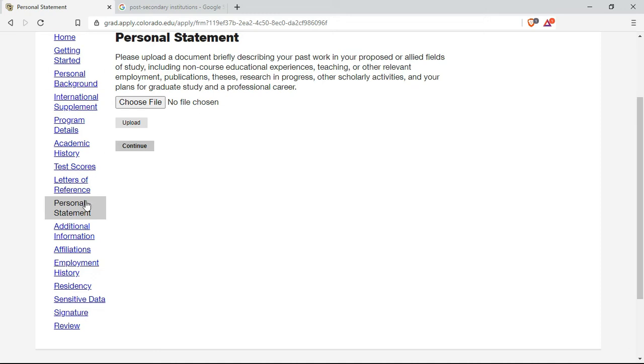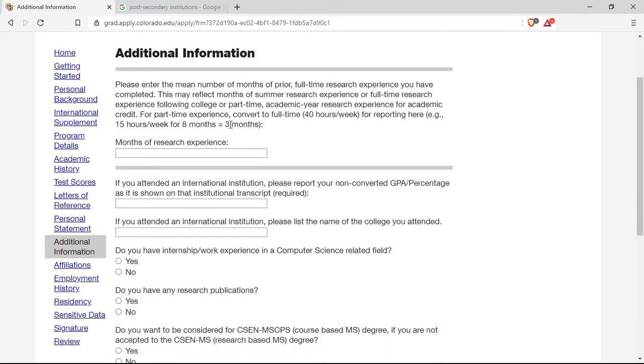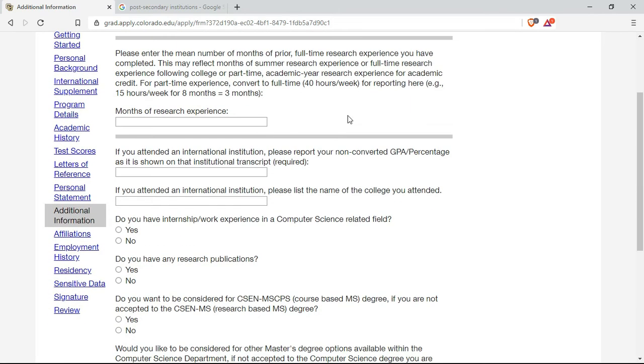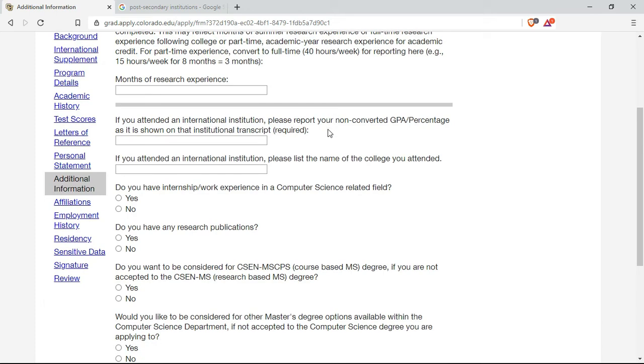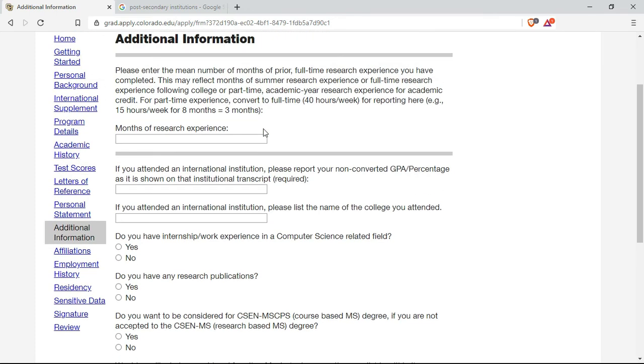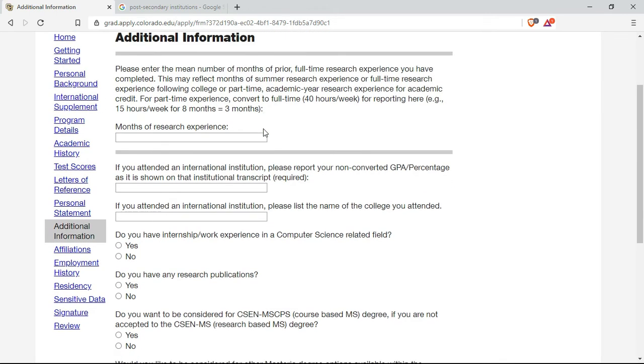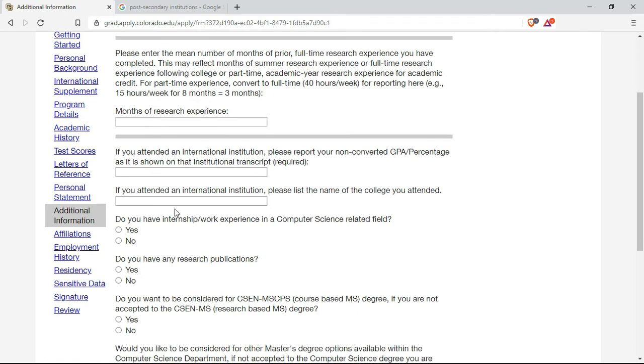Let's go on to the next section of additional information. Here they have asked about the various research experience that you have earned in your university or various other internships or activities. This is not usually asked in various other universities, so it depends from university to university. Check with your bachelor's college and fill up the application accordingly. Don't get confused, take your time, and fill in the details accordingly.